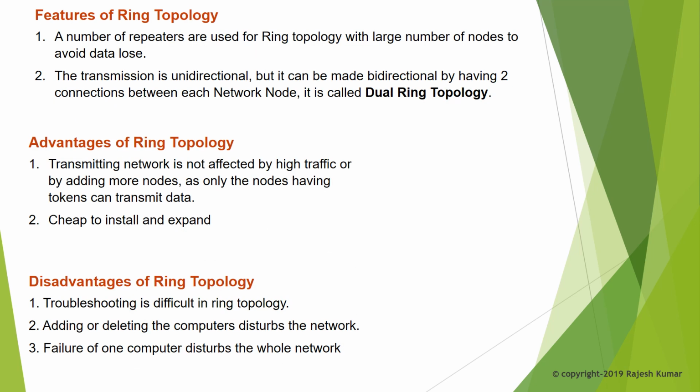Ring topology features. Let's talk about some common features provided by the ring topology. The first feature is that ring topology can also use repeaters. Repeaters are basically used to regenerate the signals so that the data loss on the path can be avoided. The second feature in the ring